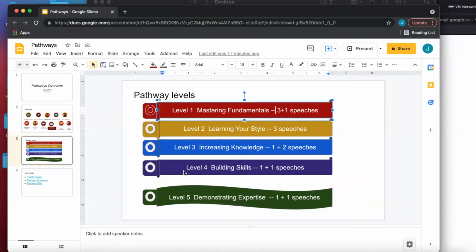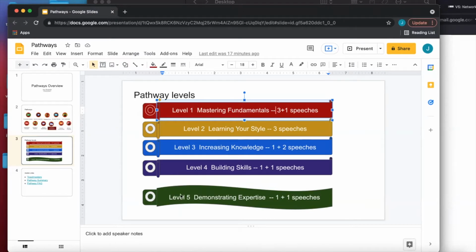Then level 4 is about whatever you have learned, the knowledge you got by merging your style with knowledge. You are going to implement a project. You come up with a project, and then you exercise your new knowledge, and then you talk about your experiences. So that's what level 4 is about. It has one must-have topic, and another one is an elective topic that you can choose.